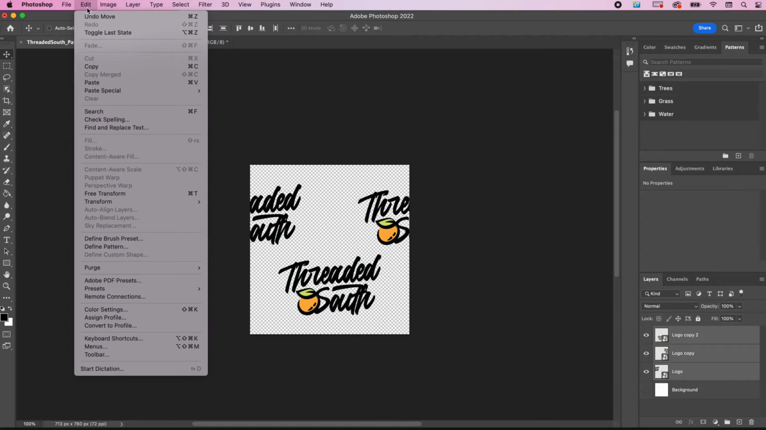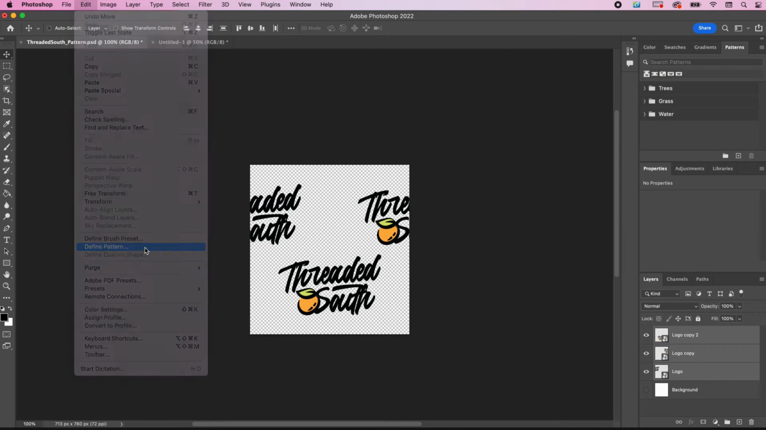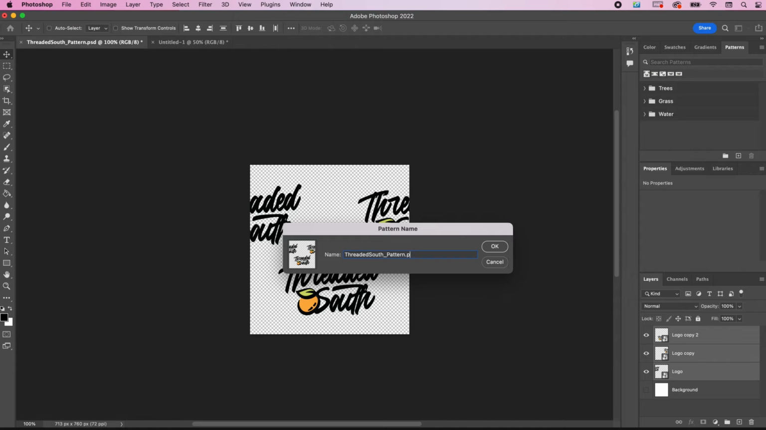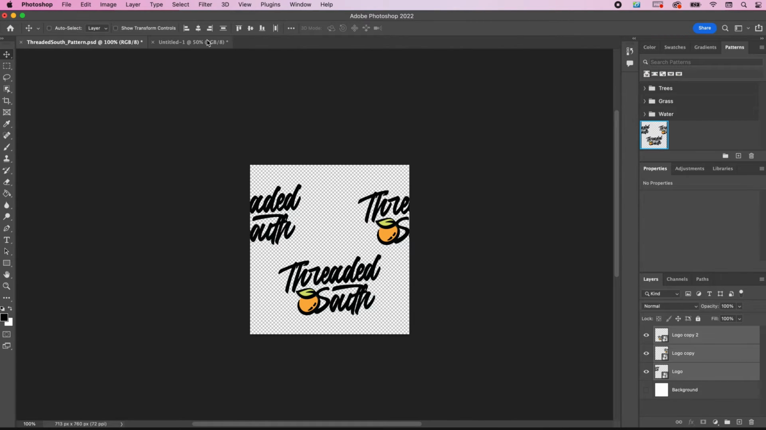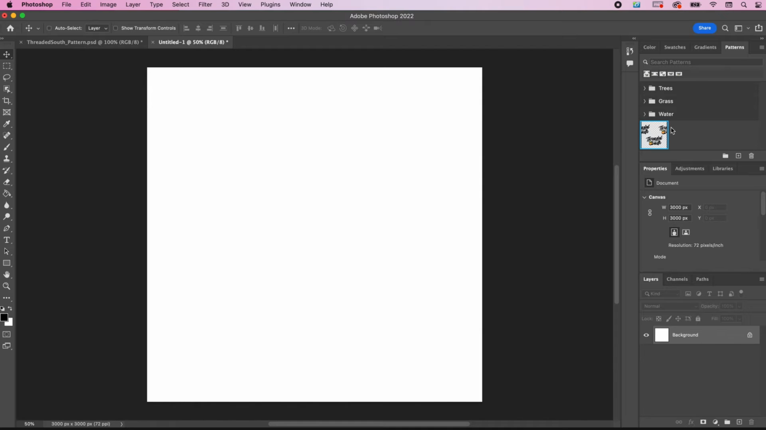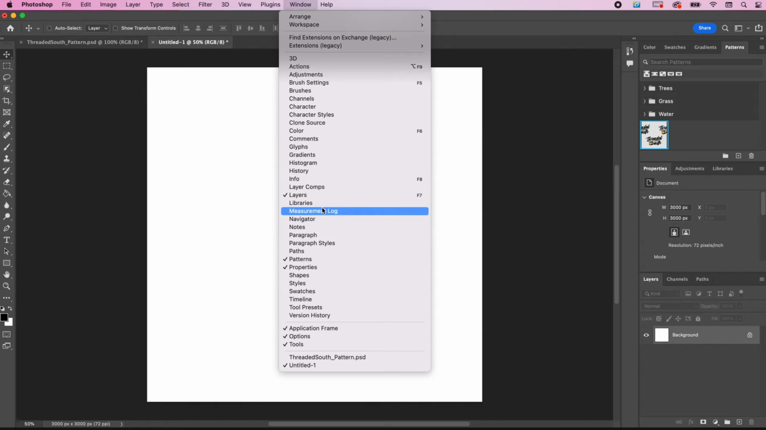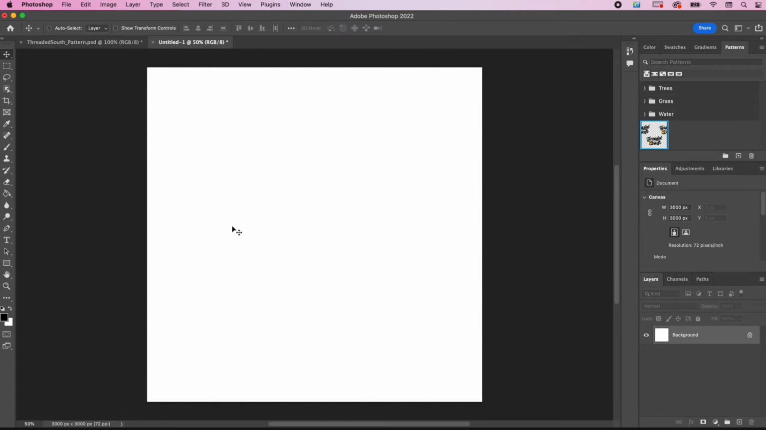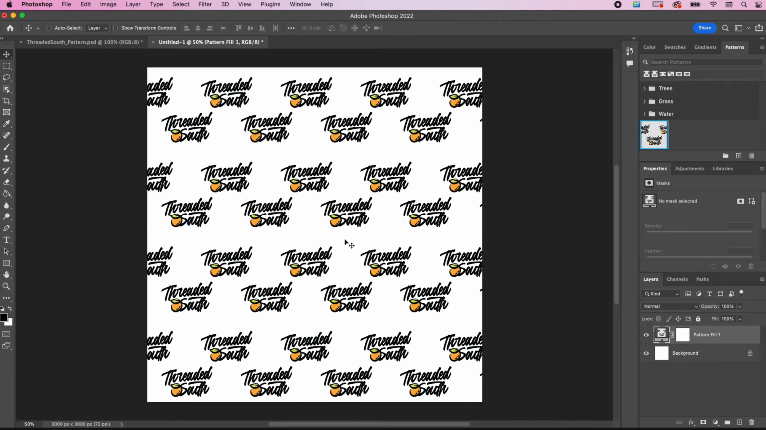Then select all of your layers and go to Edit, Define Pattern. Rename your pattern and then go over here to your new document. You should see your pattern pop up in the Patterns Properties box. If you don't see it, go to Window, Patterns, and then drag and drop it into your new file